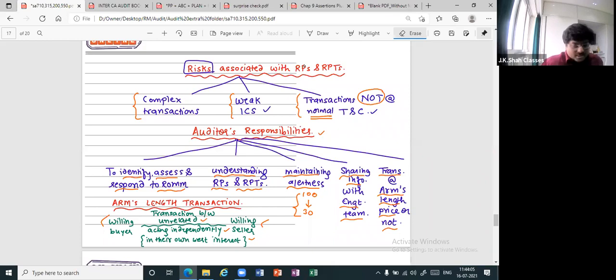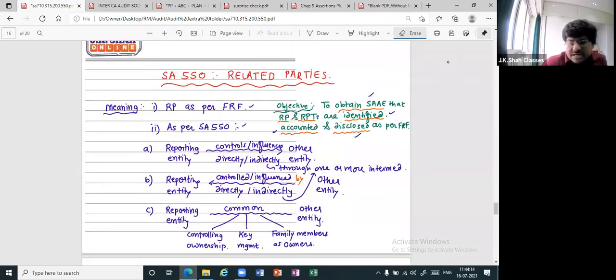Some people are here to do nothing but tell jokes to me, it seems, rather than taking this SA 550 down. By the way, how will you remember 550? Very simple. Related parties, 5 and 5, they are joint, related. See, they are twins. Now somebody will say, hey, you said the same for joint auditors also. There is a difference. I'll tell you how.